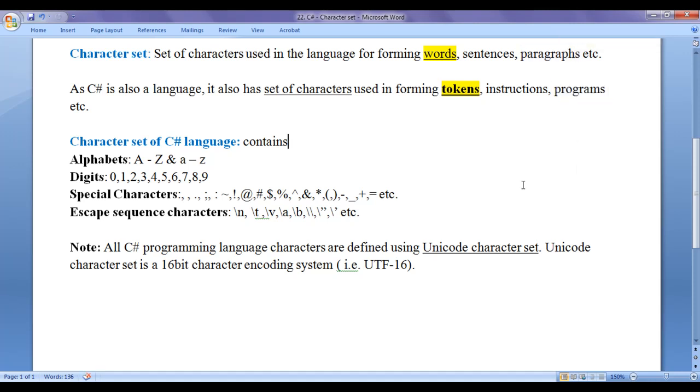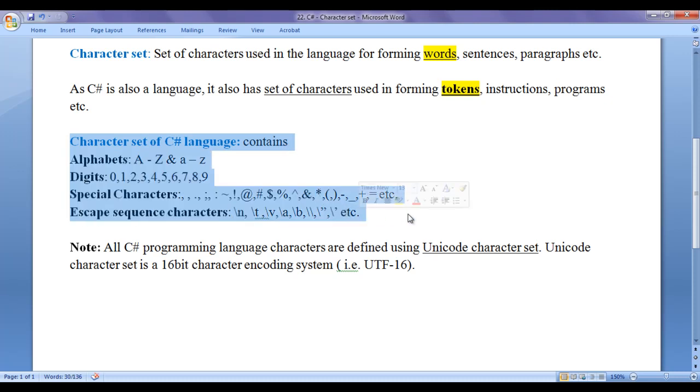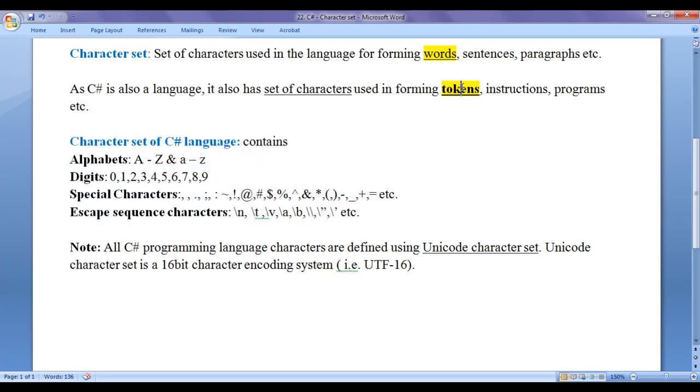The way we learned the English language, in the same way we are going to learn any programming language, guys. First we learn character set of the programming language. Then we learn tokens available in that programming language. Then we learn how to combine set of tokens to create meaningful instructions. Then we understand how to combine set of instructions to create meaningful programs. Then we understand how to combine set of programs to create useful softwares, etc, guys.